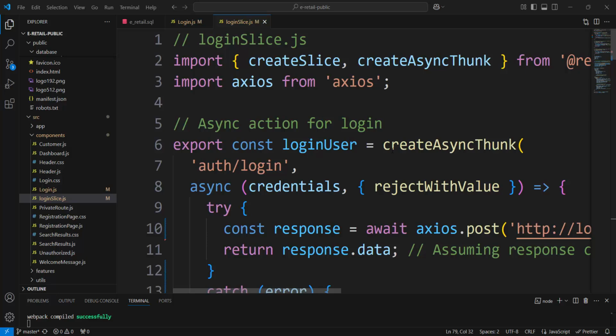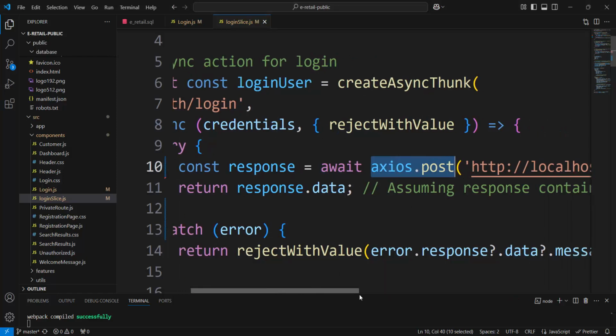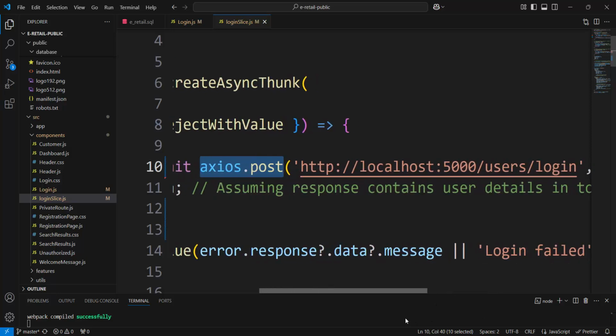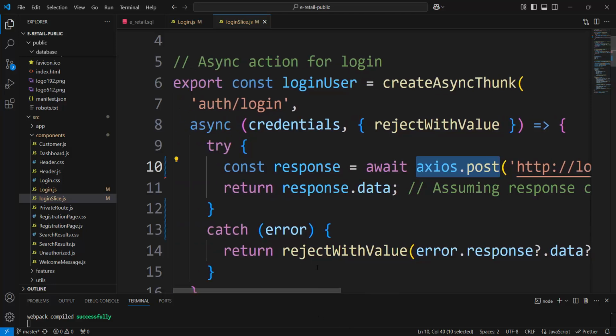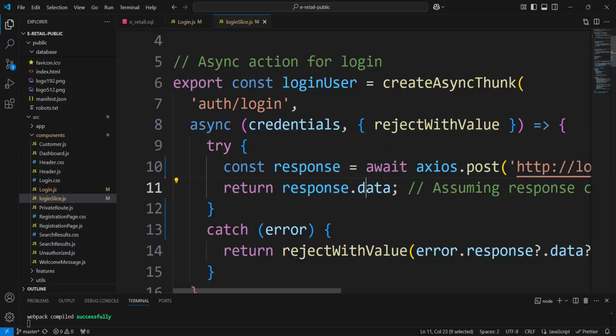And here is what is important for us. From here, it was the request, and after that request we have a response. Message and token are in data,